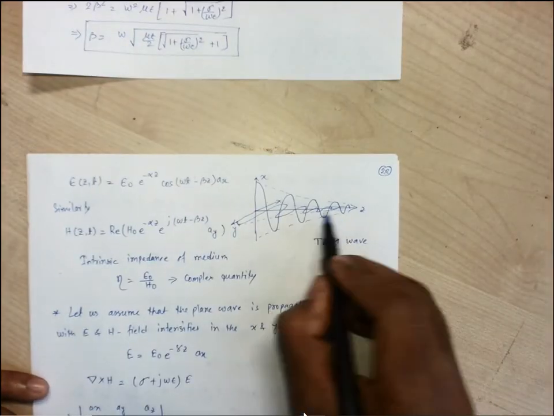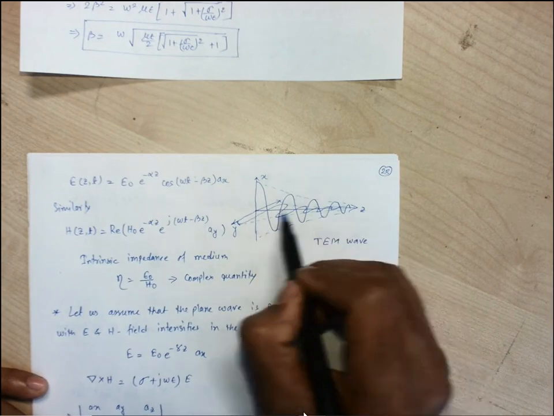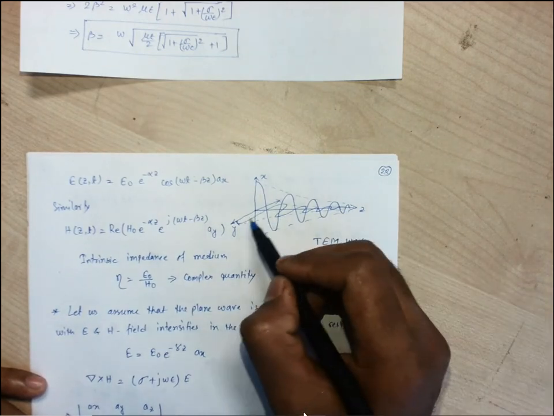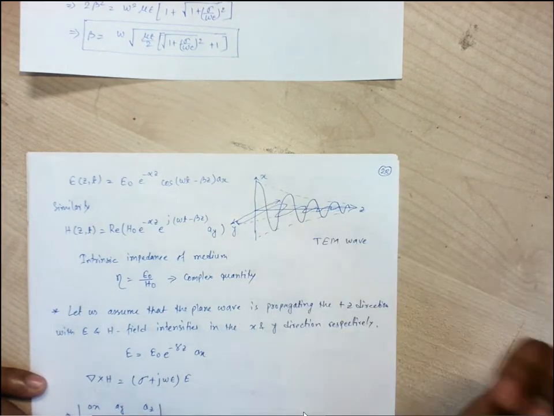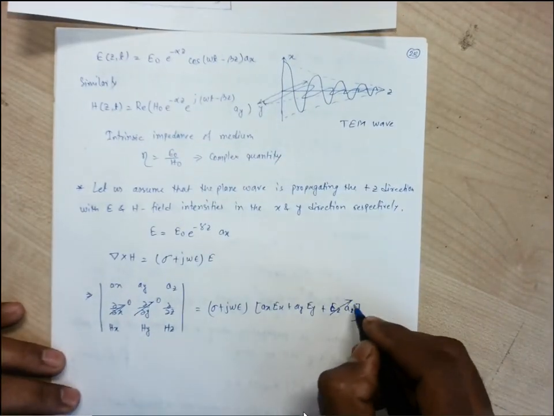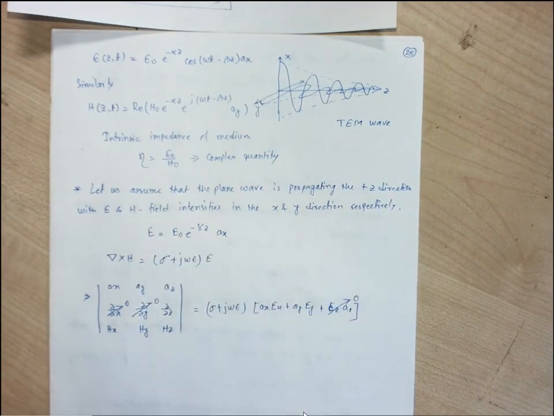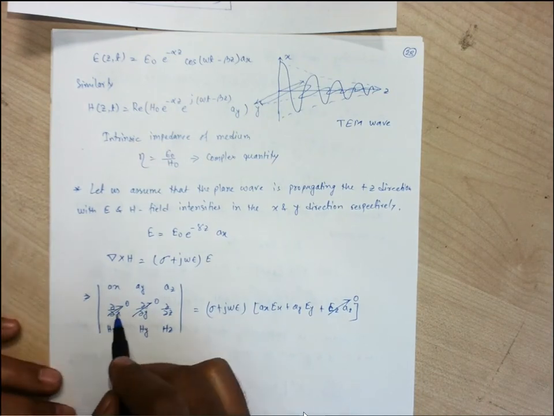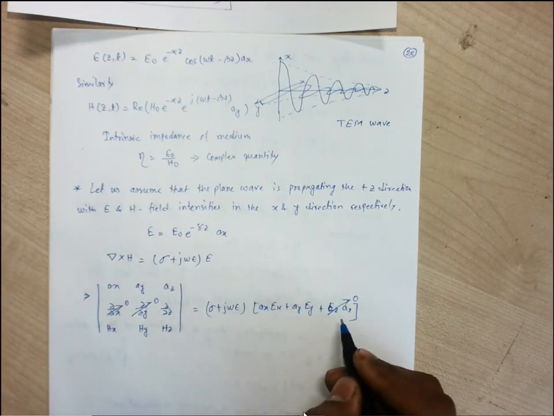If the wave is propagating along the z direction, the field component is either in x or y. There is no field component in the z direction. So we can say the field component along z is not possible, since our wave is propagating along plus z direction. Fine. Up to this, any doubt? Del by del x and del by del y are 0 since our wave is propagating along z direction.